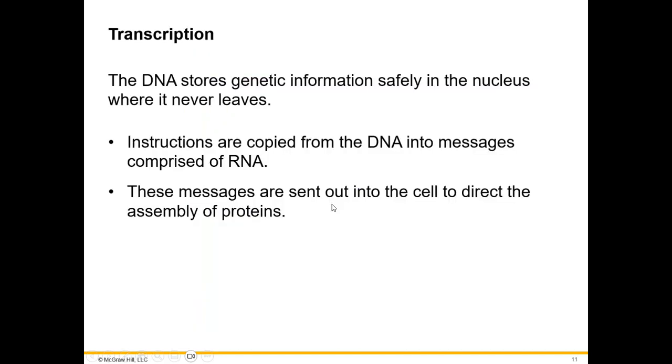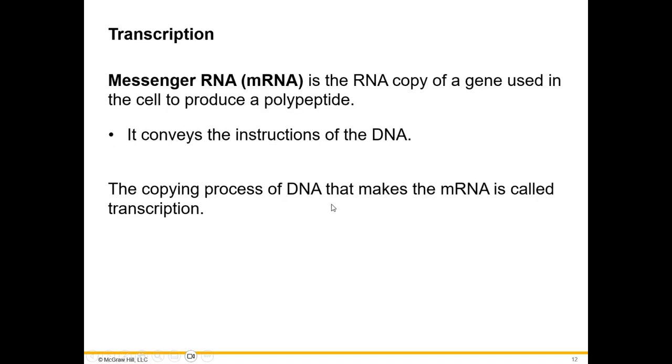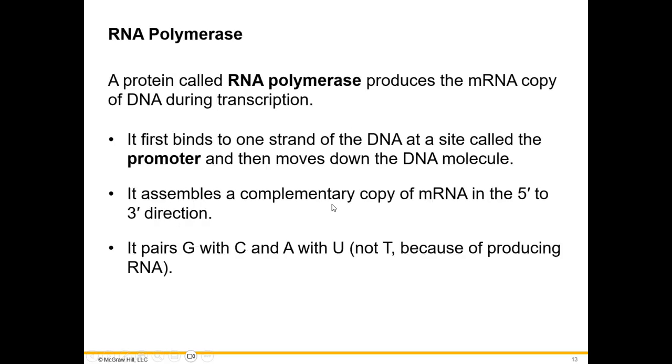Our DNA stores genetic information safely in the nucleus, and that's why that's where we're making our RNA copy. Messenger RNA is that RNA copy of the gene that is used to produce the polypeptide. So this is the one with the actual instructions. A protein called RNA polymerase is the one that produces the mRNA copy, the messenger RNA copy of DNA during